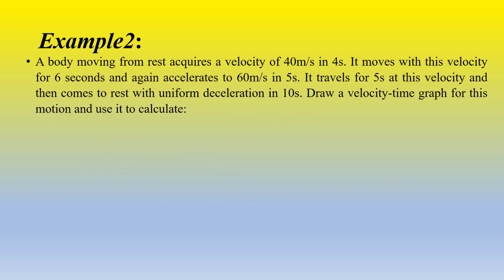Example 2. A body moving from rest acquires a velocity of 40 meters per second in 4 seconds. It moves with this velocity for 6 seconds and again accelerates to 60 meters per second in 5 seconds. It travels for 5 seconds at this velocity and then comes to rest with uniform deceleration in 10 seconds. Draw a velocity-time graph for this motion and use it to calculate